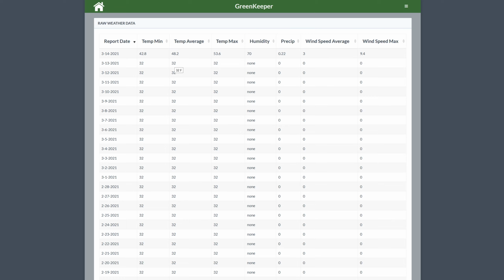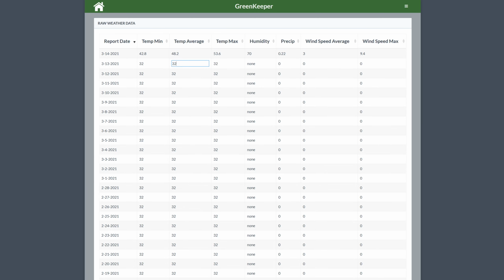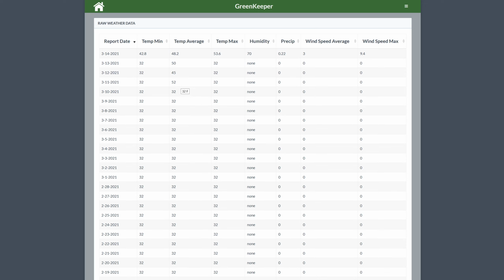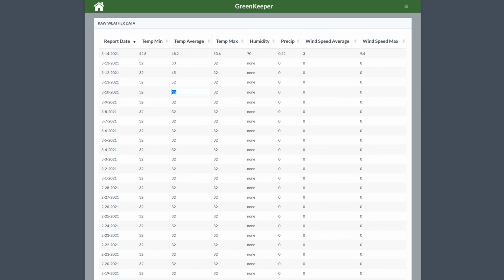If you want to track growing degree days going backwards to try to catch up on an application, all we really need is the average temperature. Because the min and the max we don't really care about as much. The growing degree days are being calculated on the average temperature. So if I come in here and say yesterday's average temperature was 50, and the day before that was 45, and I'm going to do at least 4 days of average temperatures going backwards. So let's just keep doing that. So let's say it was warmer,